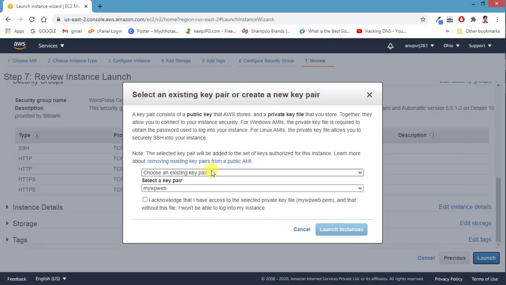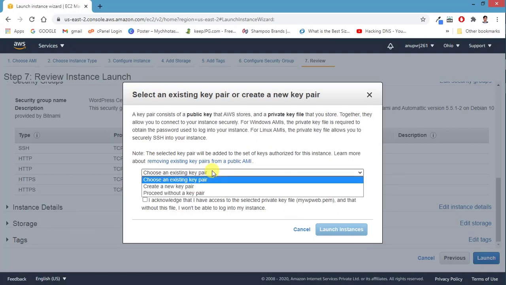Now here one more thing is there, it will ask you to select an existing key pair or create a new key pair. The key pair is just for connecting to your AWS server via FTP or PuTTY.